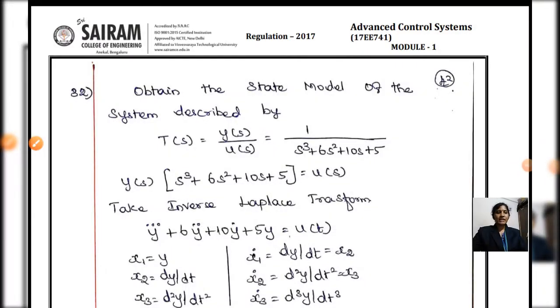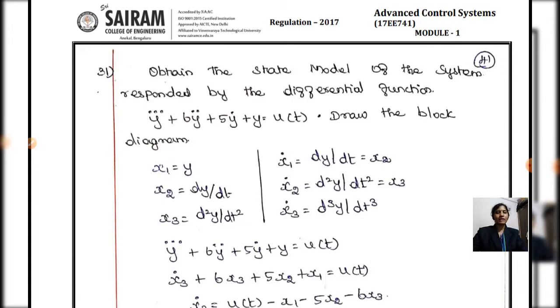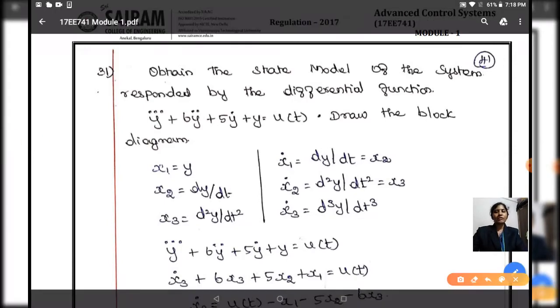Students, in the previous class, we solved one problem under state variable representation from a differential equation. That is, in case of state variable representation by phase variable, the first method is the differential equation method, and the second method is the transfer function approach. In the previous problem, solved by the differential equation method, you can see the function like y triple dot. How did we identify the state variables? Based on the order of the system. Since the order of the system is 3, we had 3 state variables.